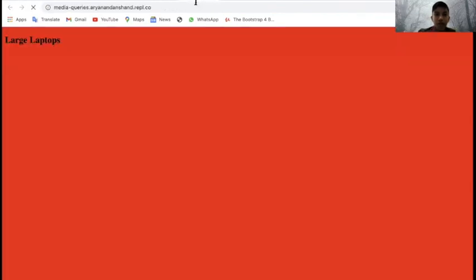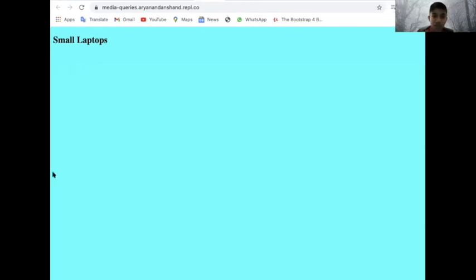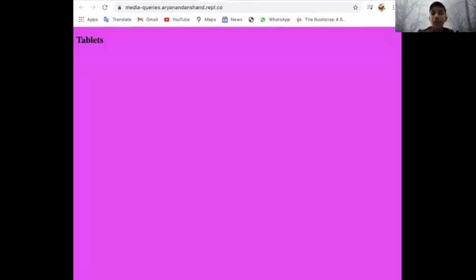Now let's check it out. So large laptops, let's start shrinking and see, now small laptops is shown and the screen color has changed. We'll keep on shrinking. Now tablets is being shown and the color has also changed to magenta.